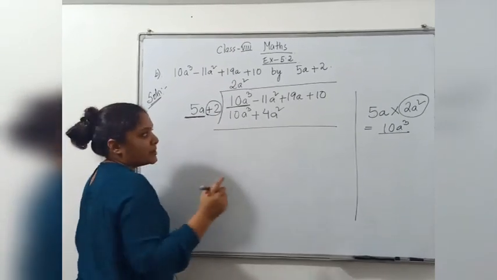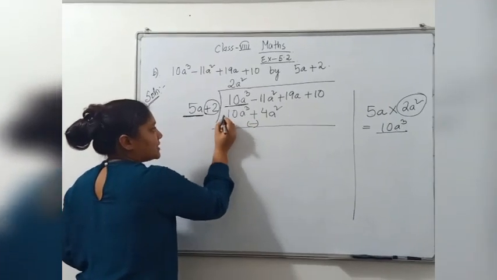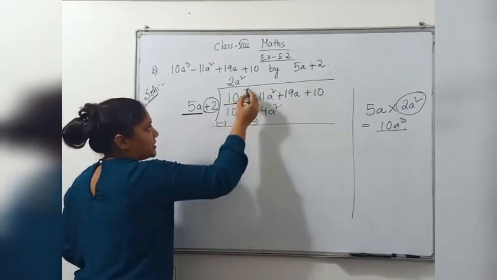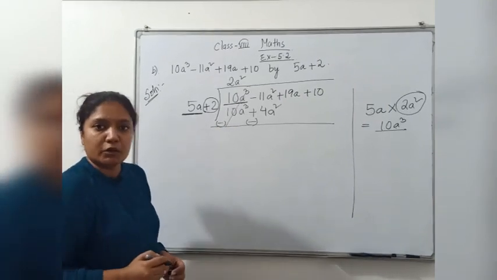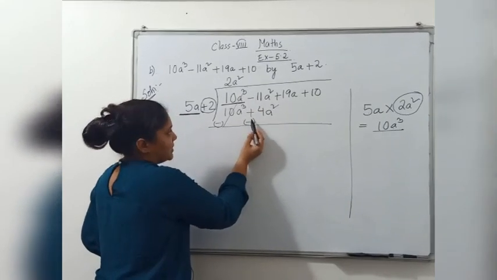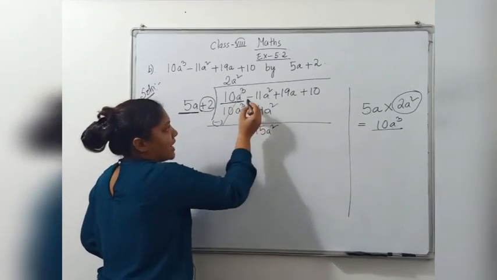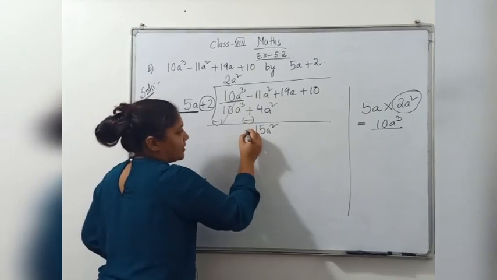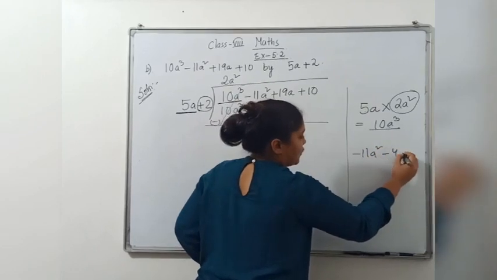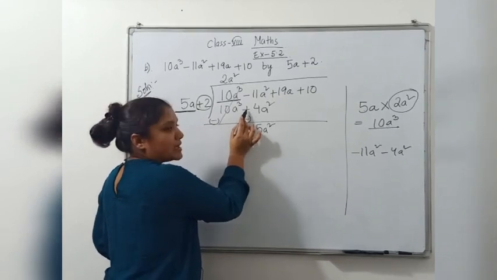When we divide, we always subtract, and when we subtract variables, we change the sign. Right? Here there is no sign, plus, it becomes minus. Here the plus sign became minus. Now plus and minus cancel. 10 minus 10 is 0. No need to write. Now this one, minus and minus, minus minus plus, so we are going to do plus. 11 plus 4, 15. Now which sign is bigger? The 11 sign is bigger, the minus sign. Right? Now just see how this came. Minus 11a square minus 4a square. When we change the sign, we consider the changed sign. We don't consider the given sign.